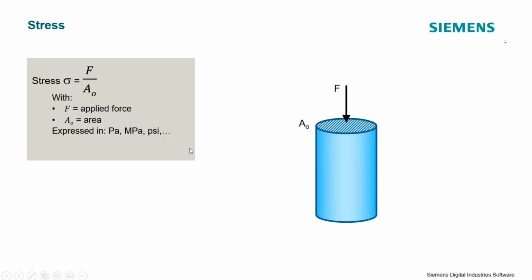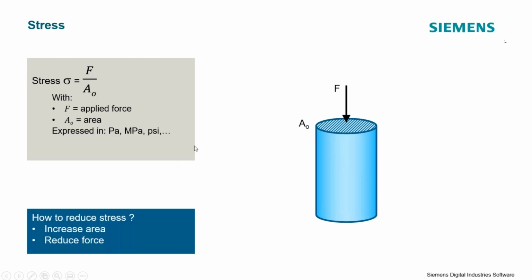And stress is one of the, I'll call it, typical quantities that we are trying to monitor when we're talking about a durability analysis. Stress is kind of the quantity that we relate directly to the applied load that might cause the failure of a test specimen. From the analyst's perspective, we may want to know how to reduce the stress in a part to either improve the fatigue life or to make sure we don't exceed the static strength of the material with any loading. To reduce the stress experienced, we can either increase the cross-sectional area on the part or reduce the applied force.